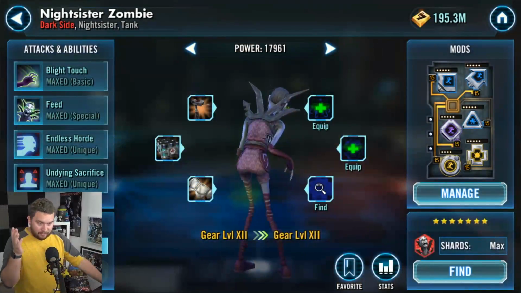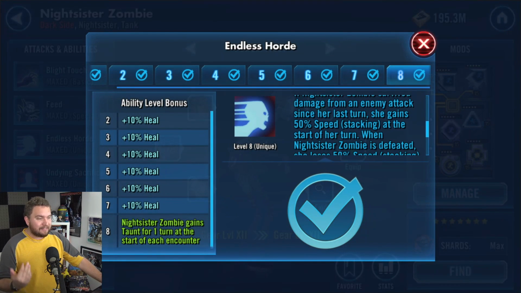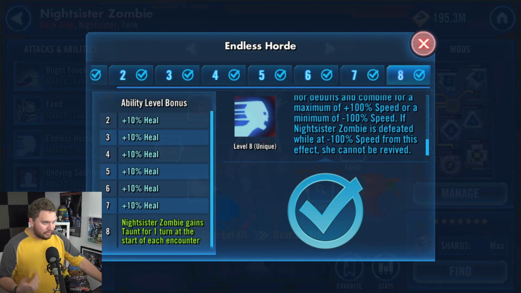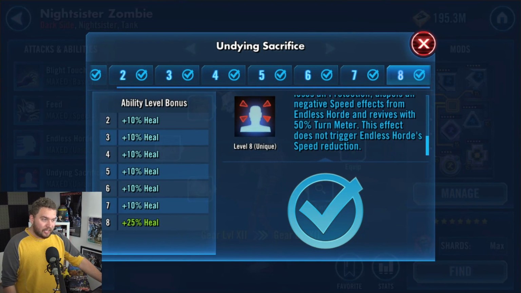Oh my goodness, ladies and gentlemen, we're getting to the point in Galaxy of Heroes where we're gonna have to attend a local college or university to understand Galaxy of Heroes more, because we're gonna talk about Nightsister Zombie today. And my goodness, her rework has a lot of text in it, text upon text, and all these conditionals, if this, then that. And I'm gonna give my feedback on this and let you guys know what I think,